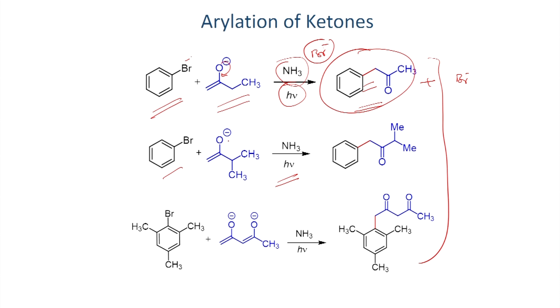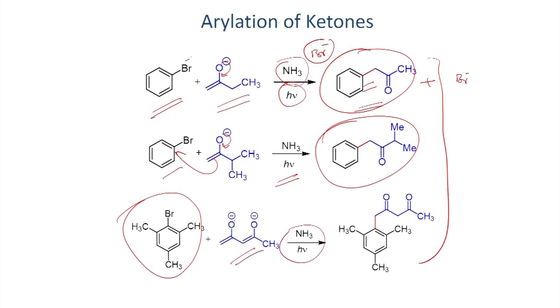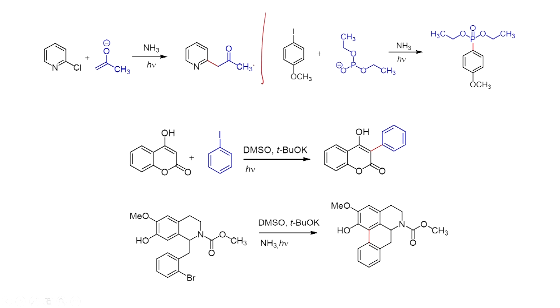Similarly, another example here, also in a similar way. If you have the bromobenzene, this enolate can undergo reaction here, and you will be able to do alkylation. Mostly the enolates have been utilized for carbon-carbon bond formation under these reaction conditions. And here you have the trialkyl bromobenzene derivative, which when you react with this enolate in the presence of light, again it can undergo reaction as we have seen, and you will be able to get this alkyl benzene derivative. Here another example is shown.